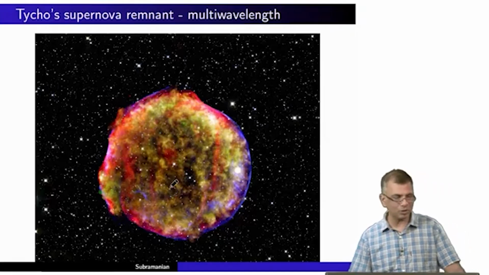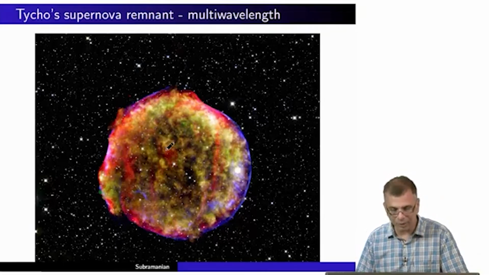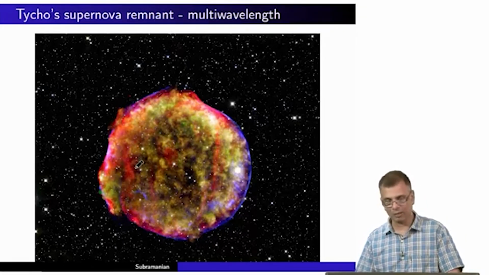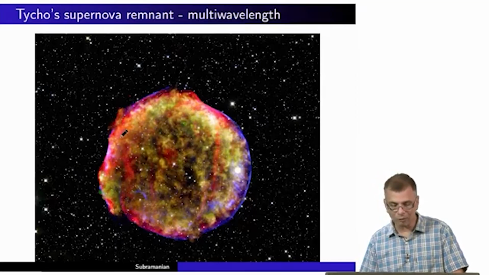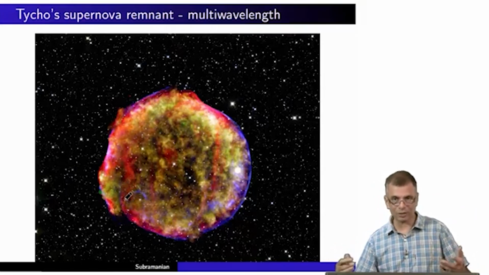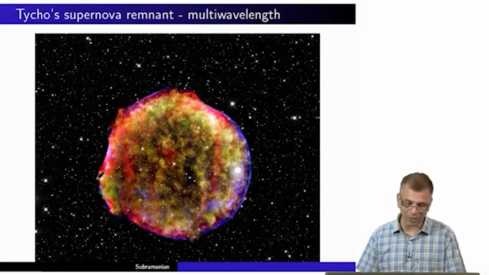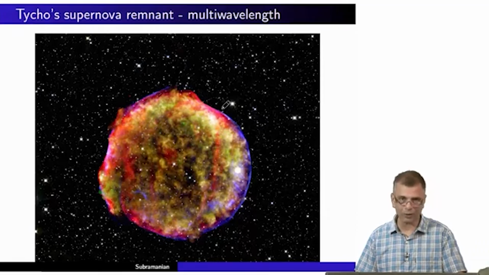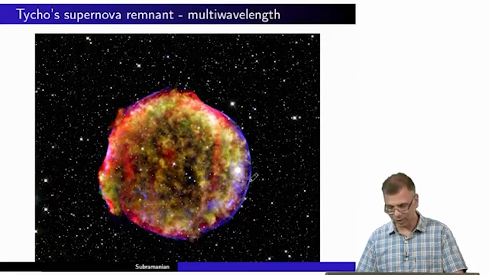So the main thing you should take away from this picture is that there are different wavelengths present, indicative of the fact that there are different temperatures present as the shock wave has passed through. So all of this would represent shocked material that has experienced a shock wave passing through it. The other most important thing is the incredibly quasi-spherical, incredibly near spherical nature of this front here. It's almost as if you can actually, this blue line represents, so let me show you